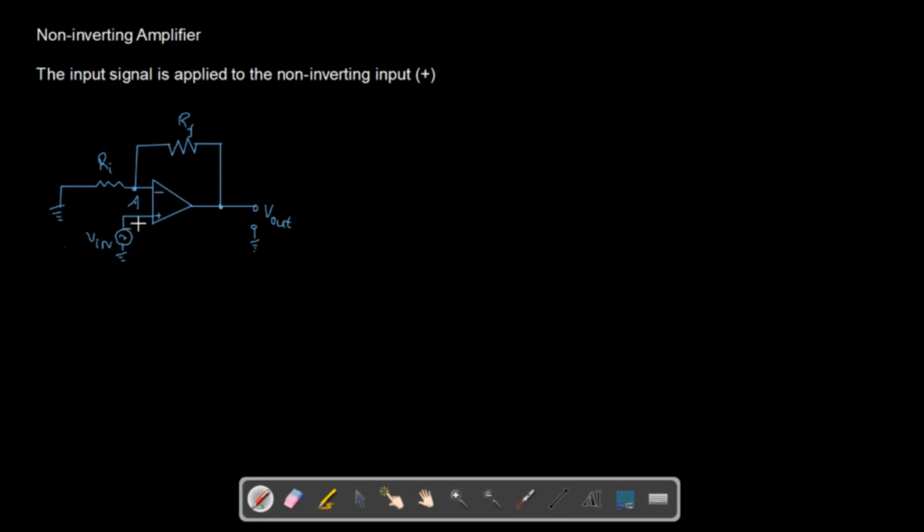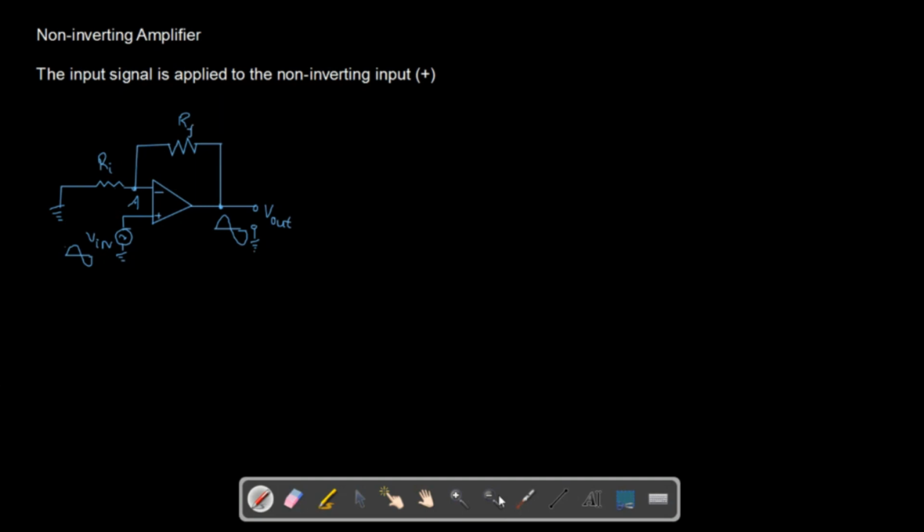Now look here, we are having an output which is in phase. So in general, if you have an input signal something like this, okay, the output that you are going to get will be in the same phase, only amplified, right? Amplified signal. A part of it is taken and fed back into the inverting terminal. The feedback is always done at the inverting terminal, okay. So let's just write down a few points here, okay.